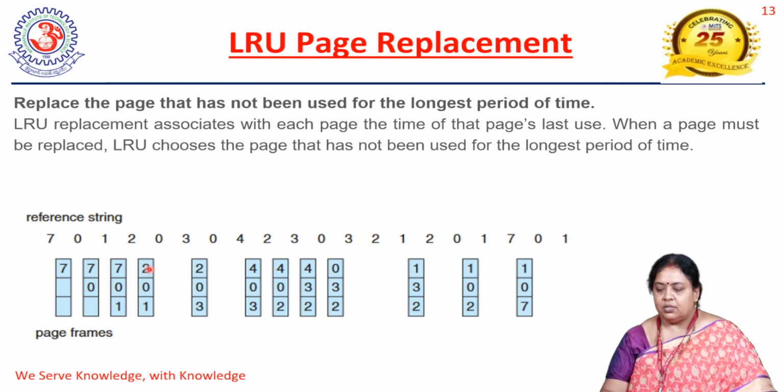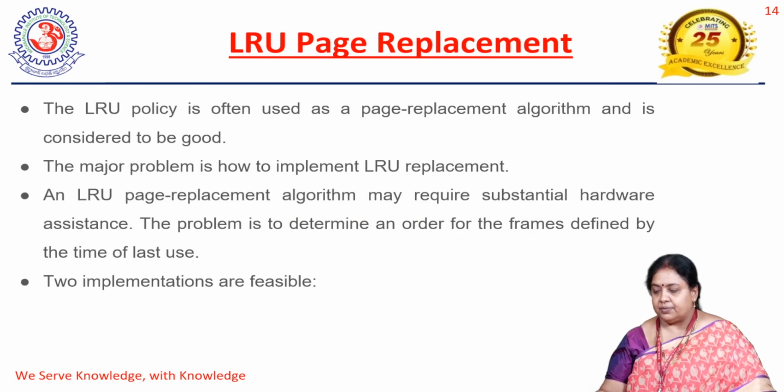Now check, what do we have? 2, 0, 1. 0 is referred here, 2 is referred here, 1 is referred here. Which has not been used for the longest period? 1. So we are going to replace 1 with 3. Like that it follows. So optimal means we are going to look forward, and LRU means we have to look backward. So this algorithm can be implemented by using